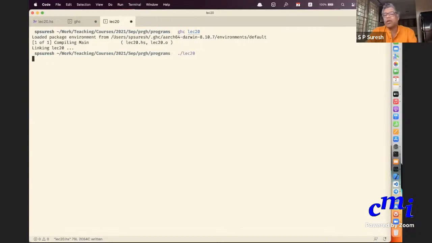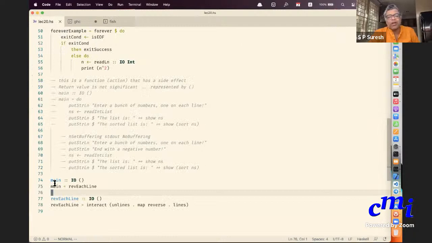It is expecting me to enter lines, 1, 2. See, it is doing line by line, even though the way I wrote it was a very, very simple one-line thing.